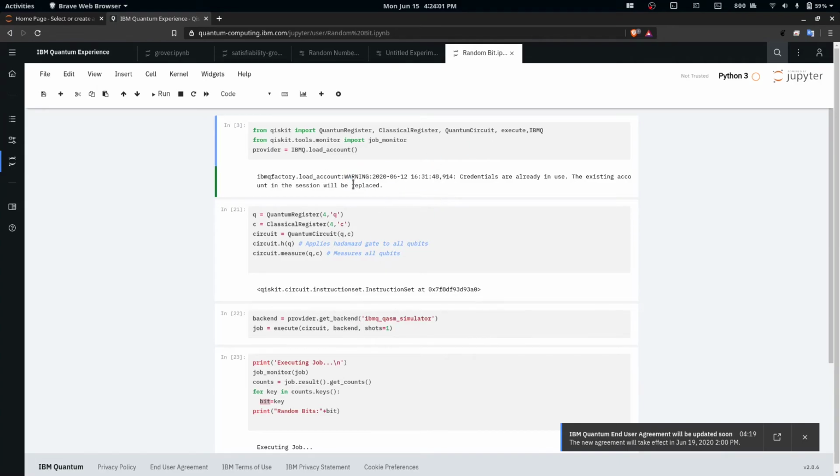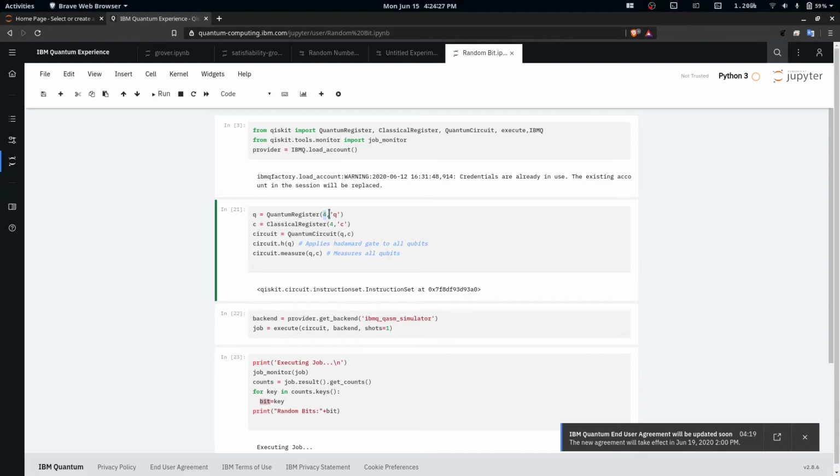So let me explain each component to you. Here we are importing the necessary packages from the Qiskit library to perform a job. And these are backend jobs, that means I'm just linking this code to my IBM account. Here we have generated a quantum register because we are dealing with 4 bits, so we'll be generating a 4-bit quantum register.